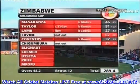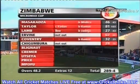What a day for Zimbabwe cricket. It was a risk, and many will say that it backfired, Jeremy. Absolutely, but just look at the card. As you said, everybody